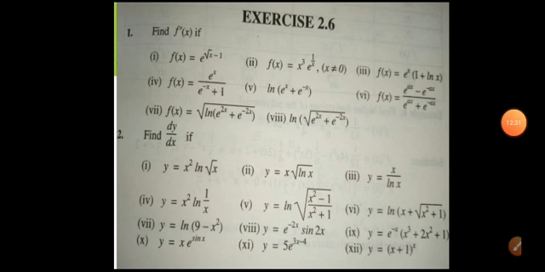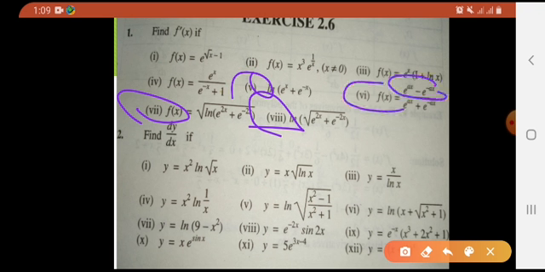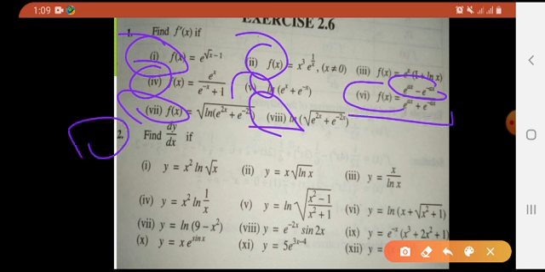We have discussed so many parts of the exercise already. You can see this one is discussed, this one is being discussed, right? This one is being discussed, this one, the numerator is being discussed, this one is being discussed. So the rest of the parts would be there for your assignment, right? Okay, now we will be learning about question number 2, and firstly I have given the solution of the 6th part over here in the video.